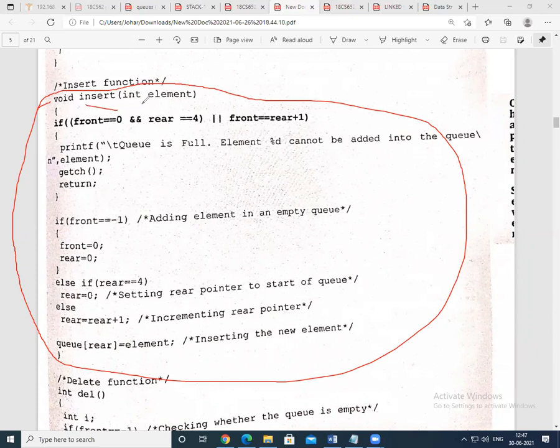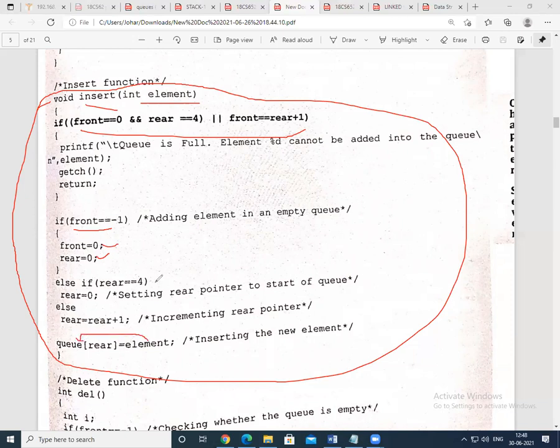So you have to write void insert(int element). First case, when the queue is empty. For this statement, if you could remember logically, it is easy. Then you have to insert for the first time. When you insert for the first time, front will be -1, so initialize front equal to 0, rear equal to 0, that is, you have incremented. Then you copy the element to queue of rear.